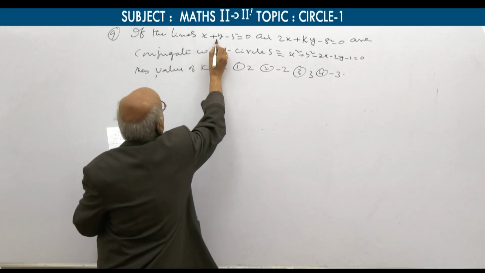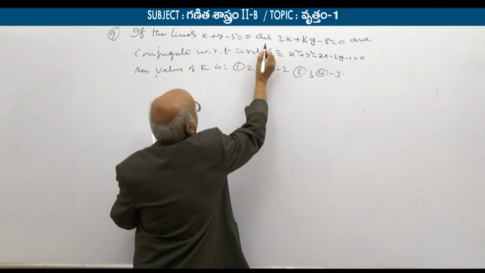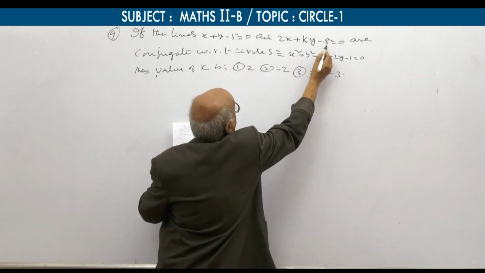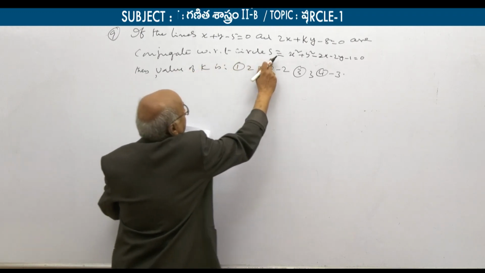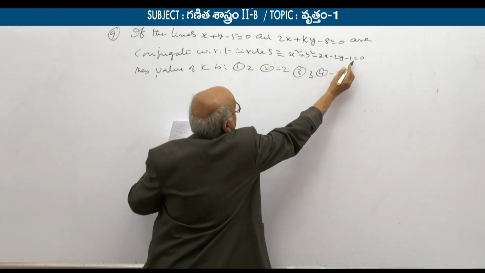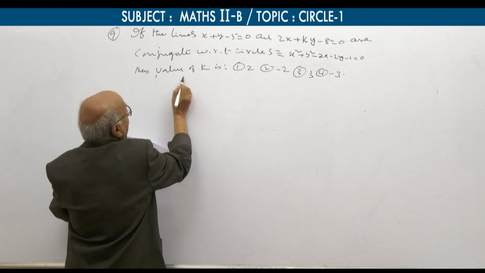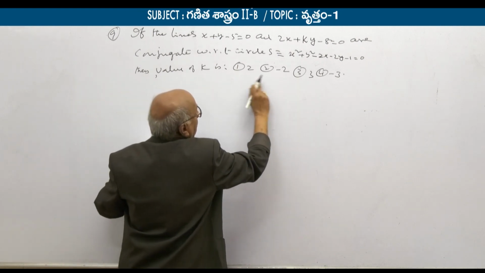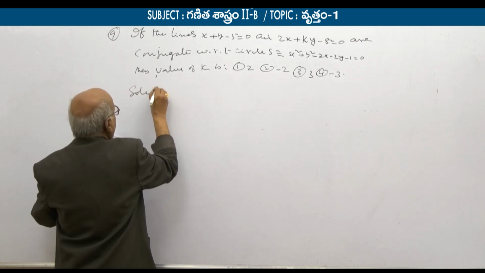The lines x plus y minus 5 equal to 0 and 2x plus ky minus 8 equal to 0 are conjugate with respect to the circle S is equal to x square plus y square minus 2x minus 2y minus 1 equal to 0. Then the value of k, options 2, minus 2, 3, minus 3. Now the solution is,